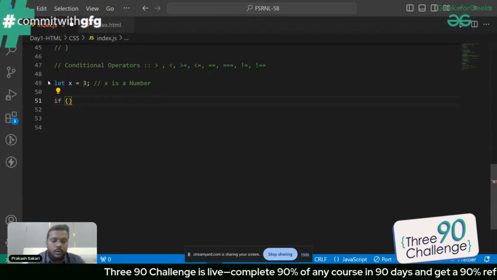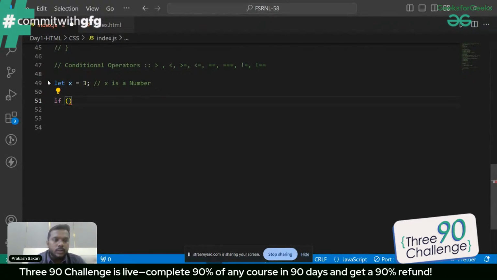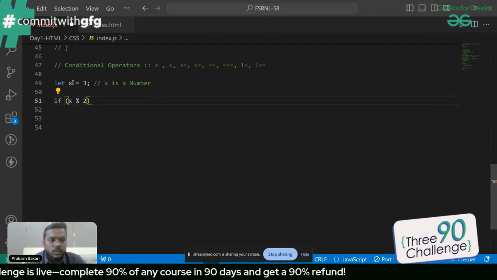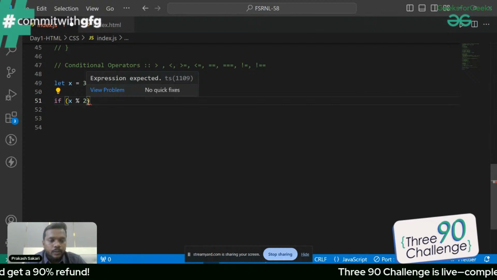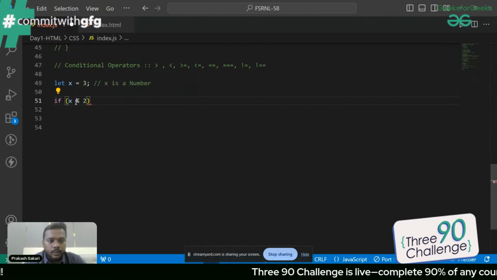So how do we find the remainder? I'll just write x modulus 2. Why x modulus 2? Because x as a variable is the variable in which the number is stored. x modulus 2. Okay, modulus will always give me the remainder. If you want to see, we can just do a console.log of